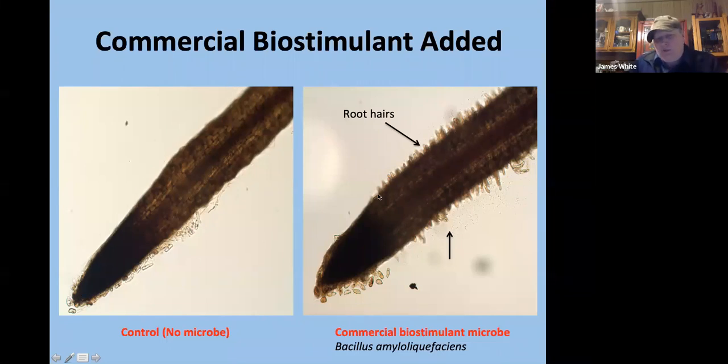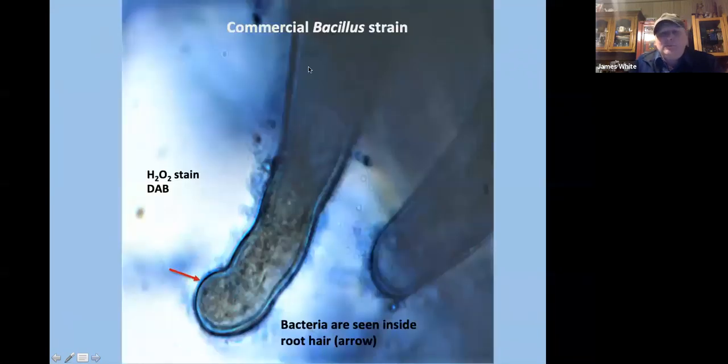Here you can see with one of the biostimulants, Bacillus amyloliquefaciens, different species work too. It doesn't have to be just this one species. It doesn't have to just be Bacillus. It could be other species of bacteria. And you see the hairs are forming there. Okay, so some of these biostimulants work. Okay, so you can see here, this is with this commercial strain again, and you can see the root